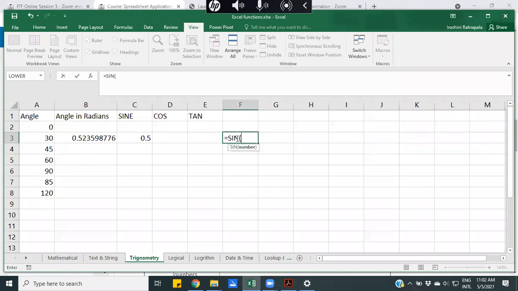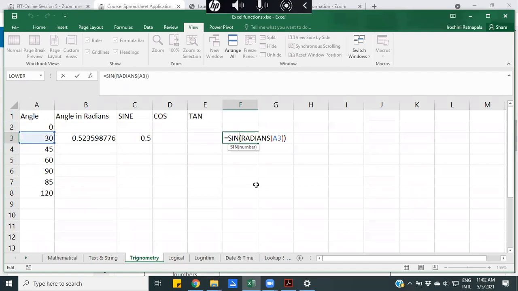And what is the inner function? The inner function is radians. Then open bracket and get the angle. Close the bracket of the radians function and close the bracket of the sine function. Like that, you can use the nested function option rather than putting it into different steps. We can have it in a single line, right?